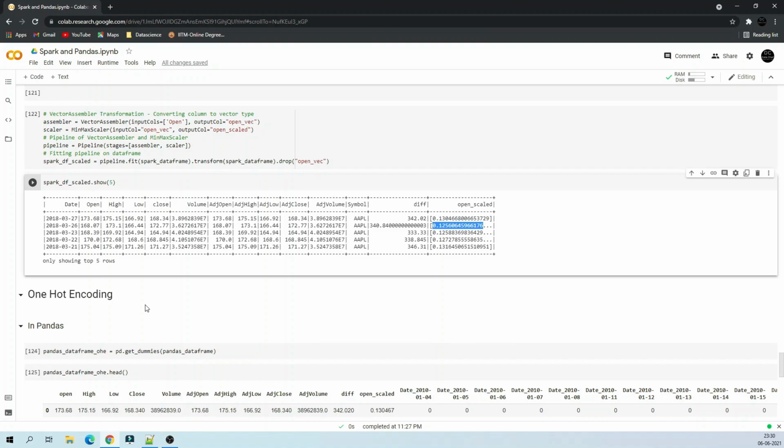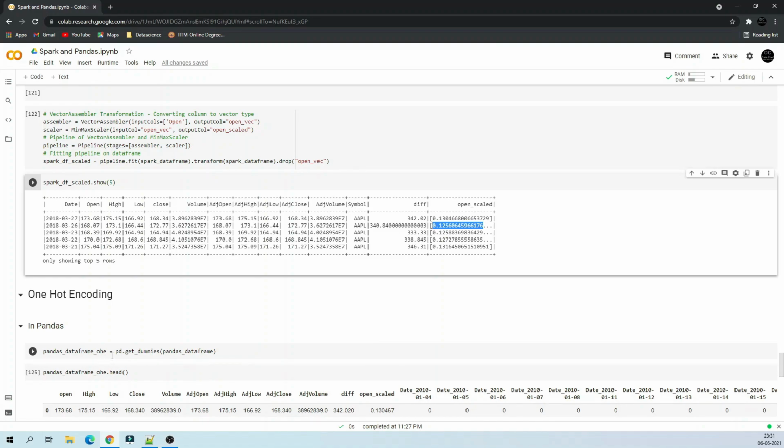So let's say you have a gender where you have male, female, and transgender. So what will this one-hot encoding do? One-hot encoding will create 3 new columns, one for male, one for female, and one for transgender. And wherever it sees there is a male, in that row it will put 1, and for transgender and female it will put 0. So I will show you in the example after converting this.